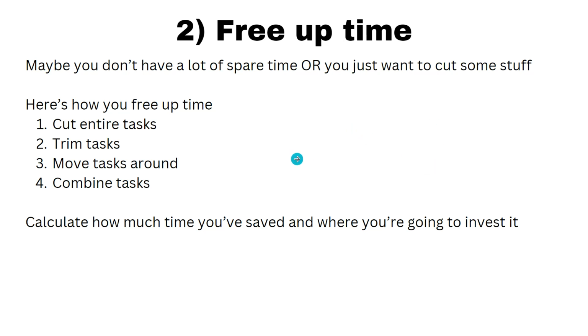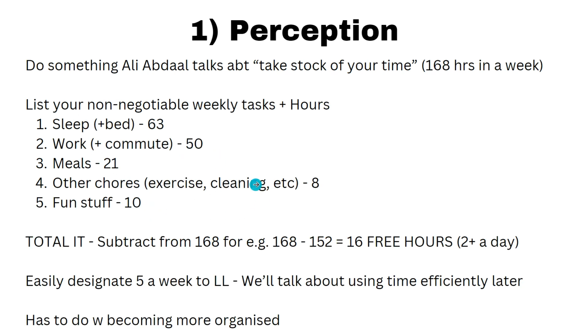free time. I need to stop clicking the screen and go to the next slide. Sorry. Either way, you can easily free up time. And I think there's basically four ways. There's basically four ways that you can free up time. So you can either cut entire tasks, you can trim tasks, you can move tasks around, and you can combine tasks. So if we were cutting entire tasks, for example, it might be